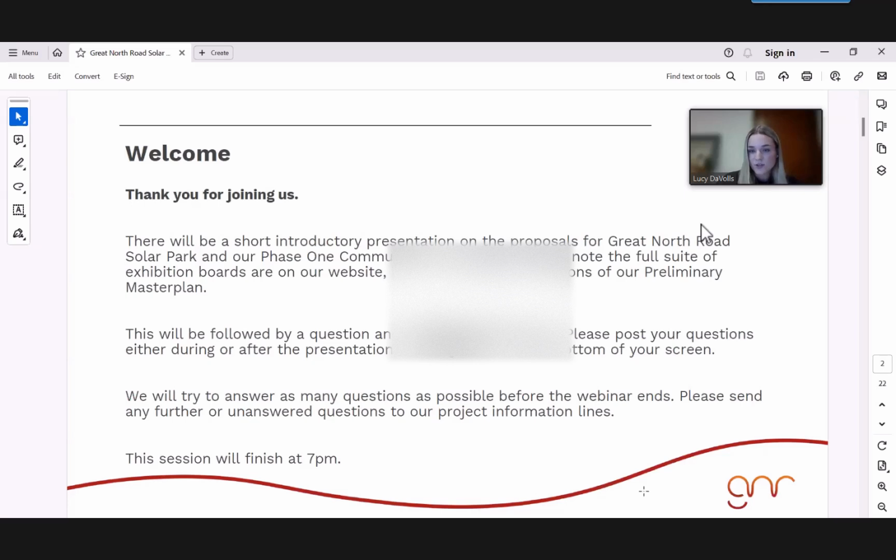All of our other consultation materials are available on our website to view and download. This includes our community consultation leaflet, both of our feedback forms, all of our exhibition materials, including our visualizations and our environmental designation maps. And we also have our preliminary master plan and 9 detailed section maps of the master plan also.